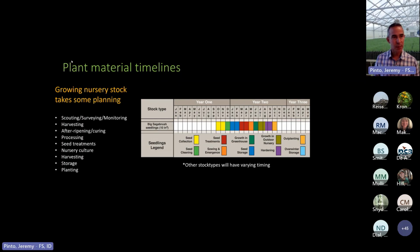I want to talk a little bit about plant material timelines in the context of restoration. Restoration can happen on a lot of different timelines. In one sense, you have a project that you're working on that's a little more long-term. In some cases, you're working on projects where you're responding to wildfire events or whatnot, and you need to do something quickly. In those quick response times, I think a lot of those, you look towards direct seeding or natural regeneration to